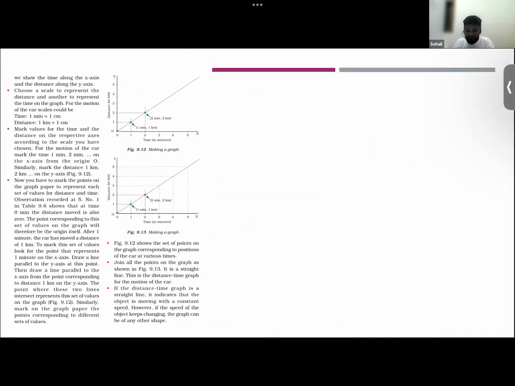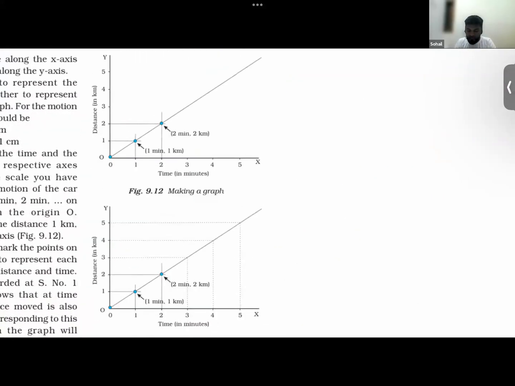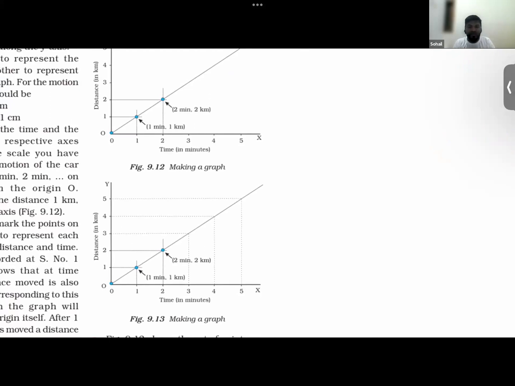So that is in short how we draw the graph. See here again, the distance traveled at each interval is represented by this point. For the first minute, 1 kilometer was traveled. For the second minute, 2 kilometers were traveled. So this point of intersection represents time